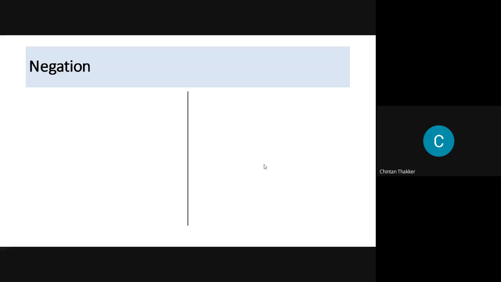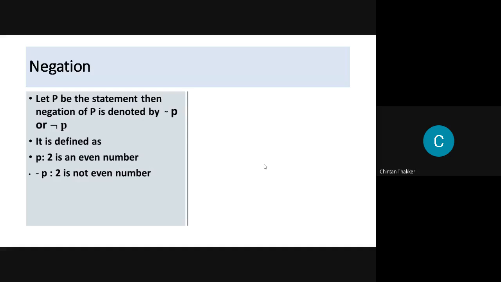So either you put not, or you use the opposite word. The negation statement is denoted in these two ways.